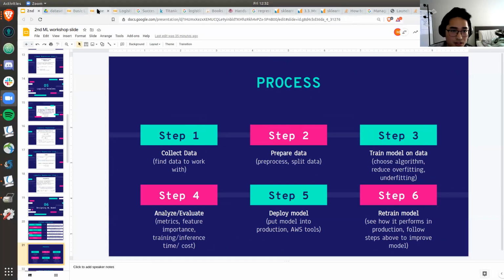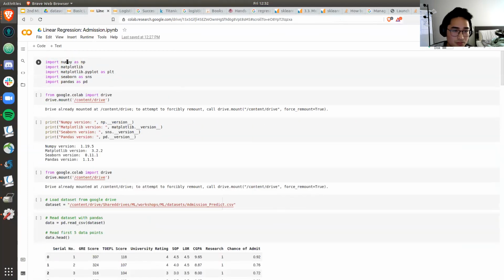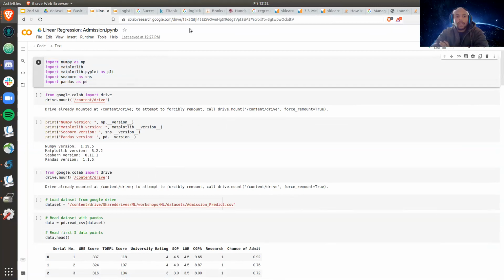Woodrow, would you like to share your screen, or would you want me to share my screen? I'll share my screen. Give me a moment. And if you want to follow along with this code, let me send it to you.